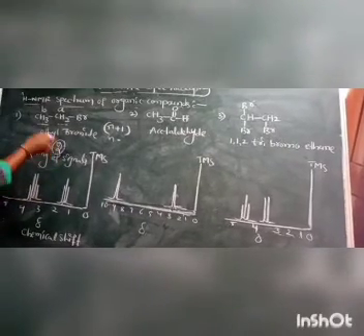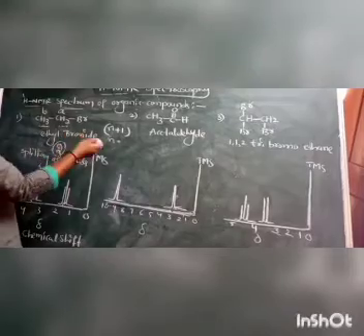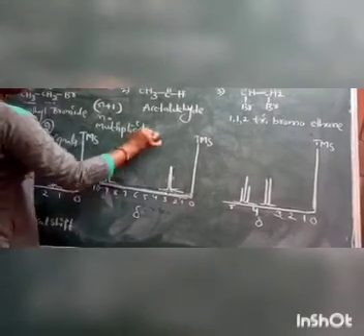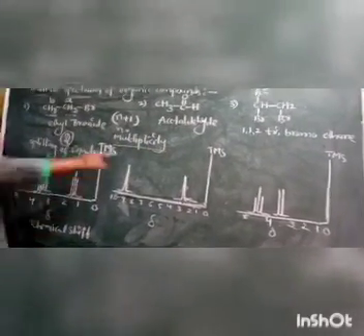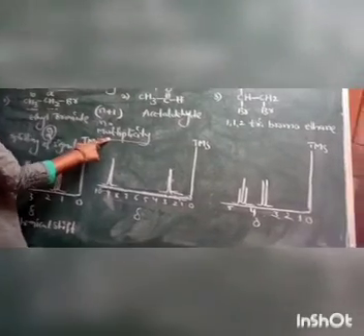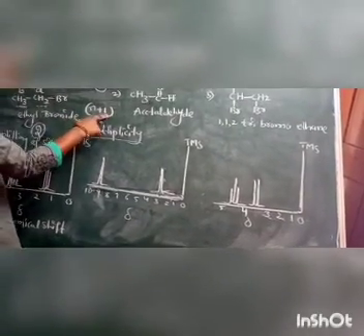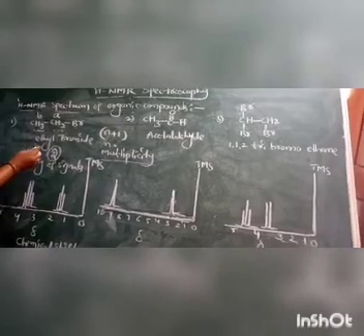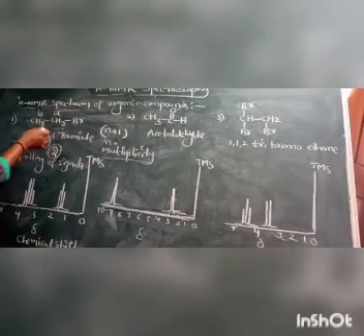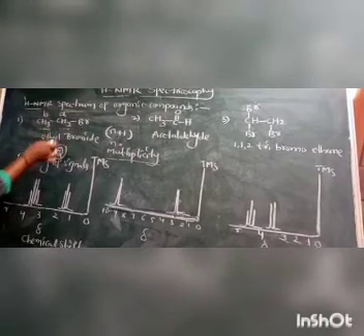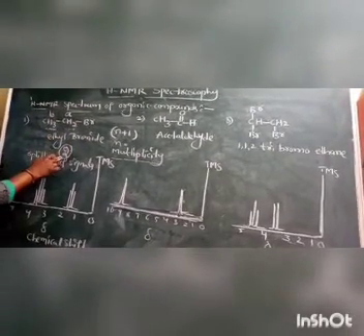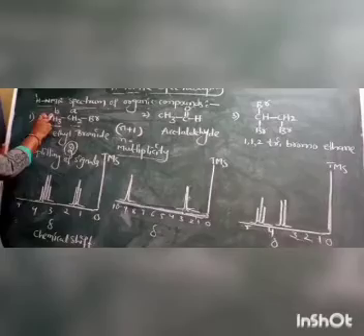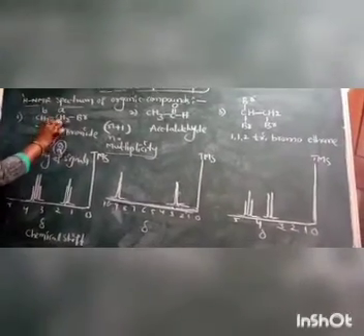How does the splitting happen? The splitting is also called multiplicity. The splitting of a signal is called multiplicity, according to the n plus 1 rule, for all organic molecules in proton NMR spectra. How do we give the multiplicity for this molecule? In this molecule, 2 types of protons are there, A type and B type of proton.